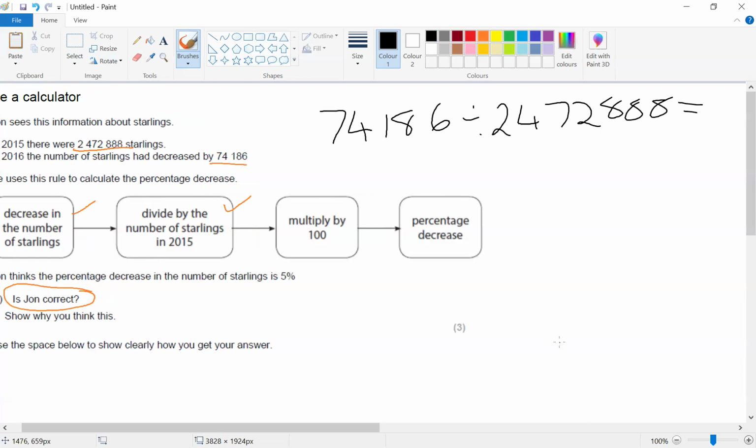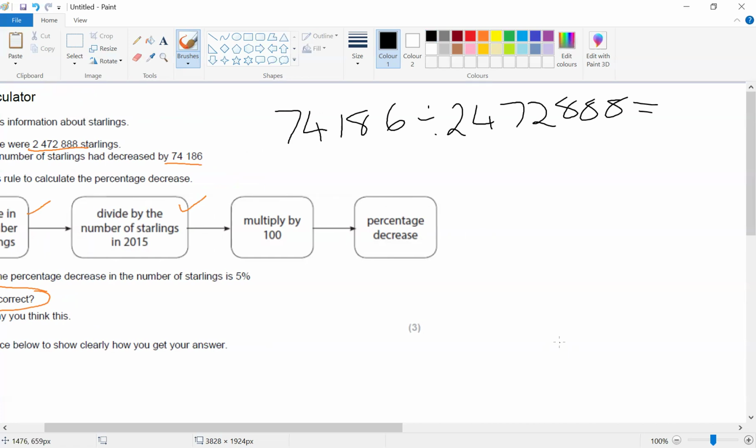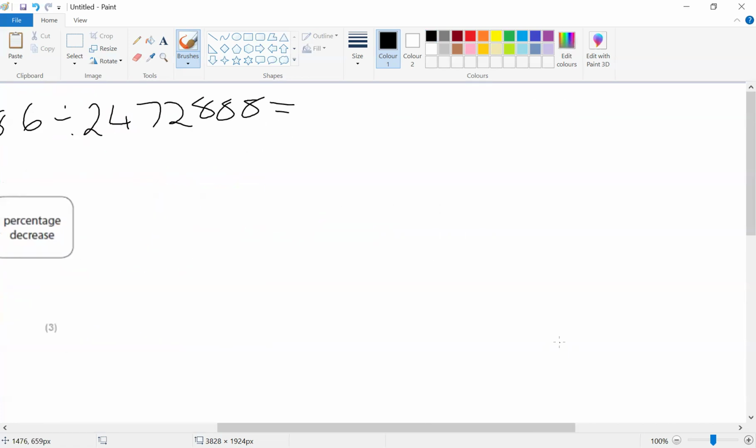So I'm going to put that into my calculator. So I got